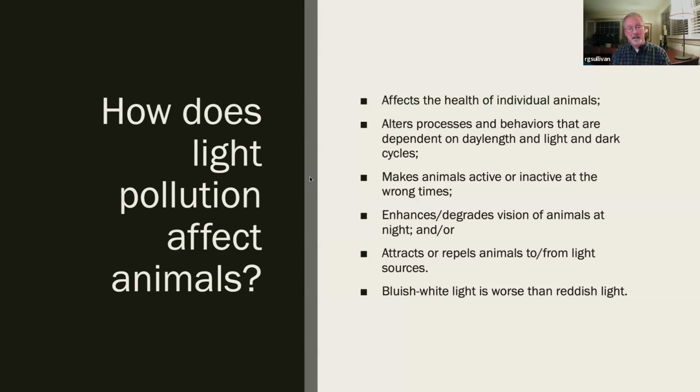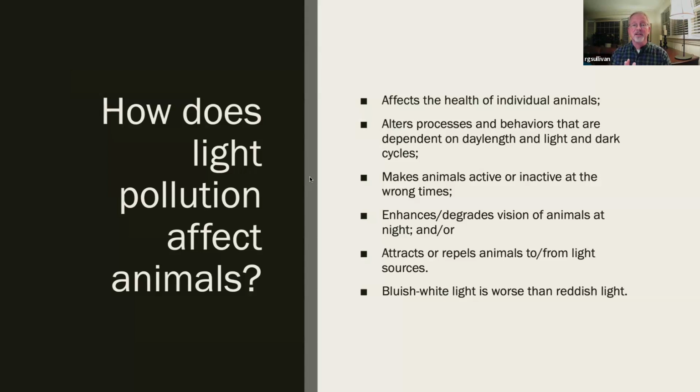So if you think about a bird that is primarily diurnal, active during the day, they may be able to see better around lights. And because they can see better, they can hunt in darkness when they wouldn't normally be able to see well. And you can see again, that messes up predator-prey relationships, and that can be a problem.